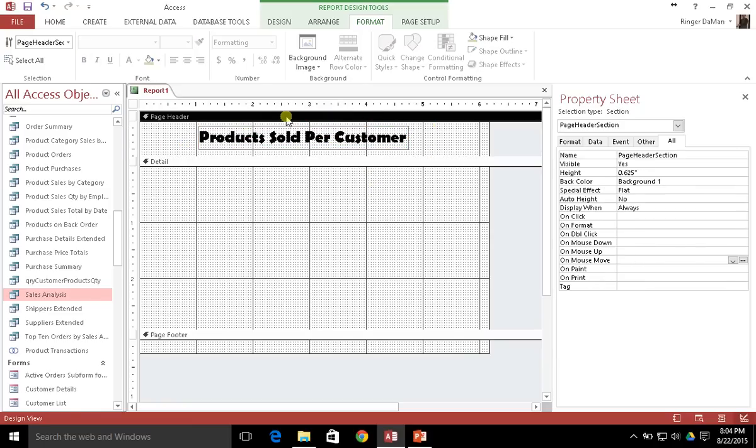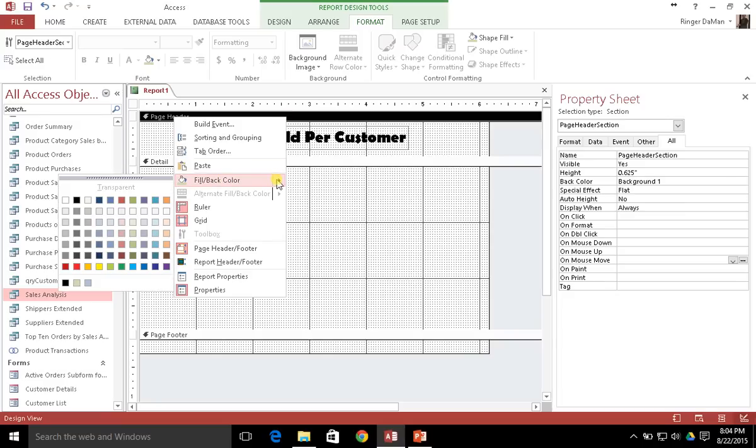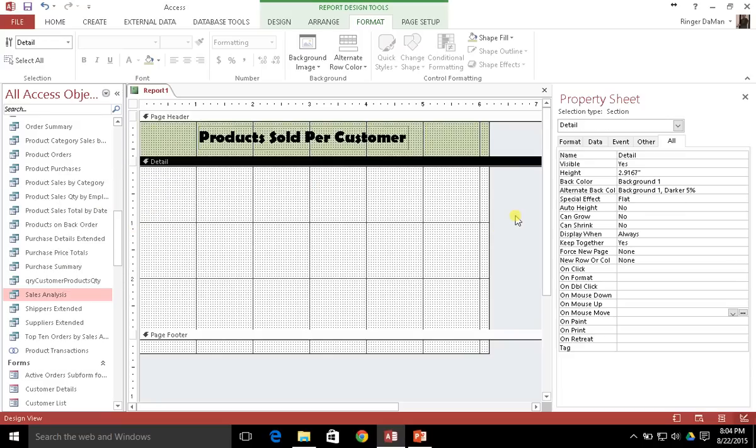Okay, and let's change the page header color. You don't have to do this. I'm just doing it just to make it look better, I think. Let's change that to green. And okay, so